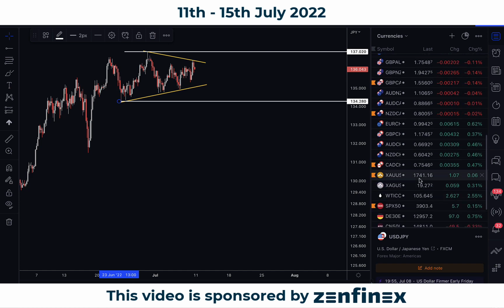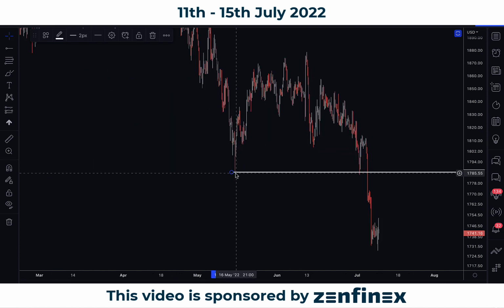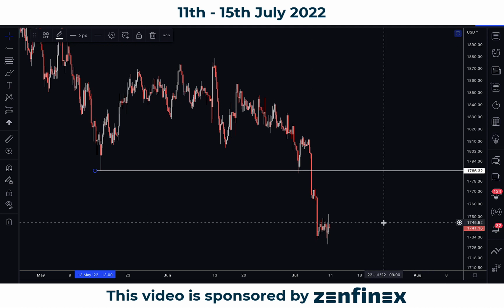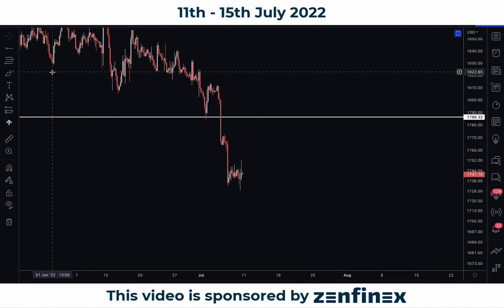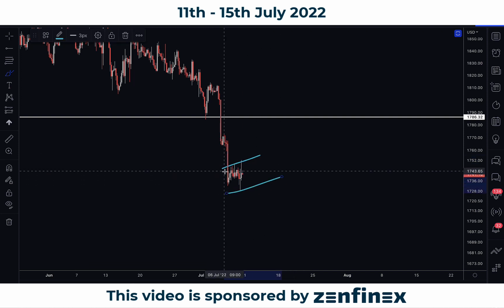In terms of commodities, we have the gold chart. Gold over here is rather similar to the euro, so you can see that it actually broke through that very significant support around 1786. As of now, price action is suggesting more downside, but the confirmation that I'm looking out for is if this is going to develop into a correction, right, into a flat pattern.